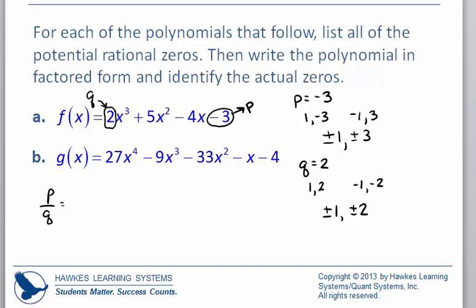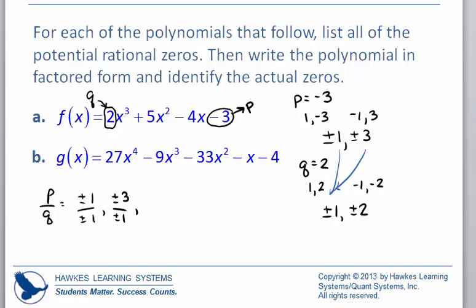You want to do this somewhat systematically so that you don't end up skipping one by mistake. So I'm going to first take each of these p-values and put them over 1. So that would give me ±1 over ±1, and we'll reduce in just a second,